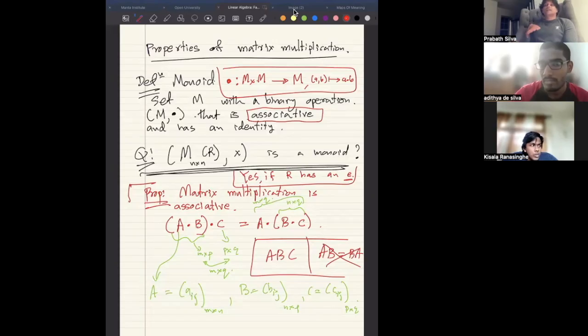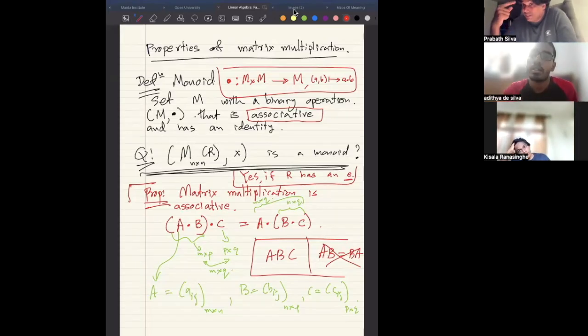Oh, so that one we did already. Oh, we did that with the addition part. Yeah. Okay, so you don't have to show that part. Yeah. So for this one, you can just assume that the matrices are